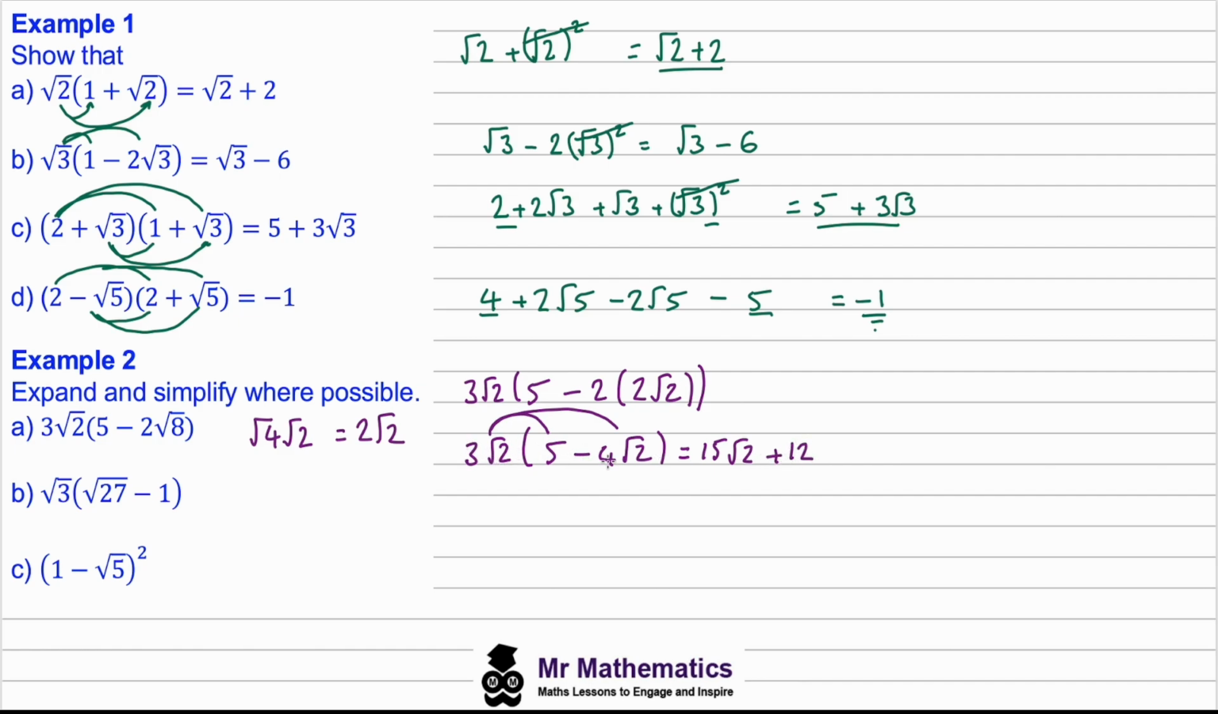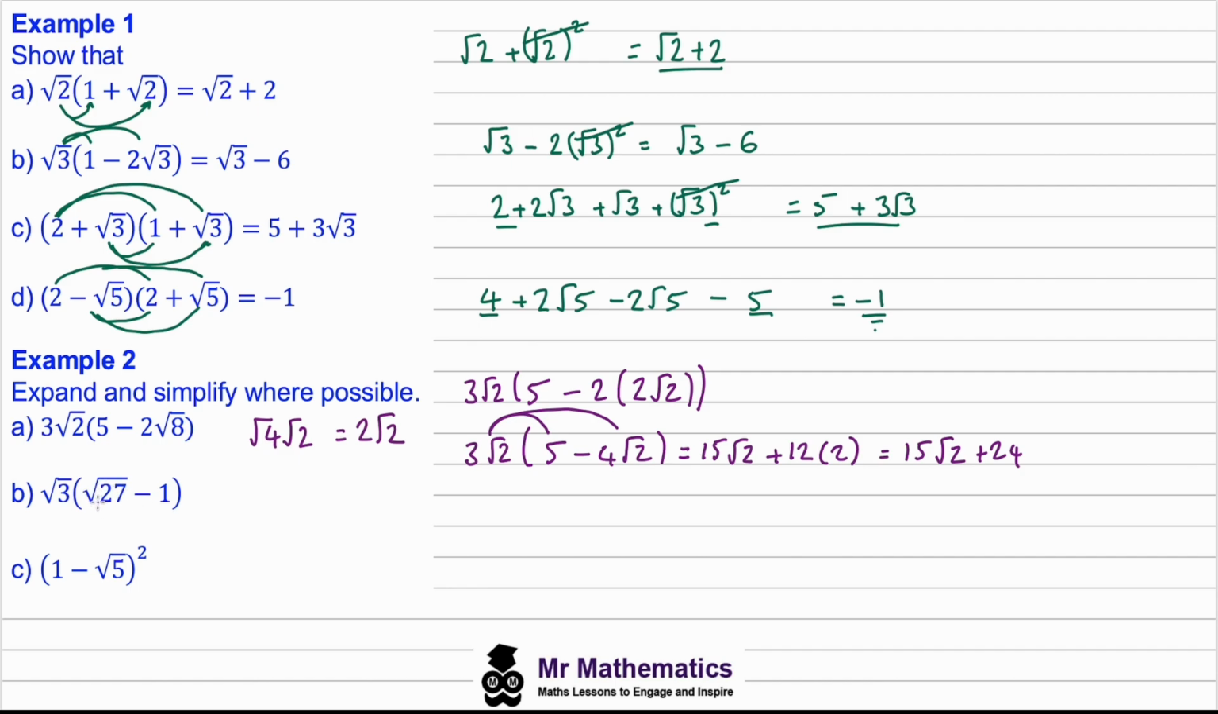And then root 2 times root 2 will just give us 2. So we can simplify this as 15 root 2 plus the 24. And again, for question B,